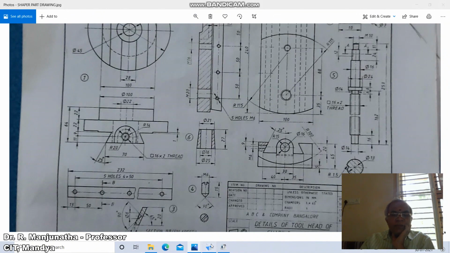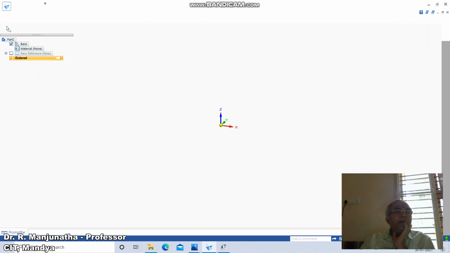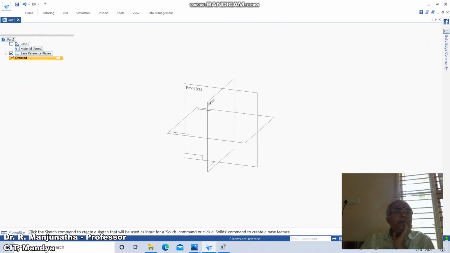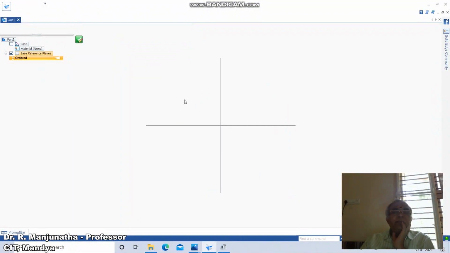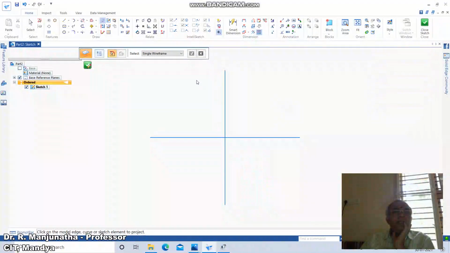So to do that, first we'll go for ordered, then disable the base and enable the base reference plane, and go to home, click on sketch. Click on the coincident plane as the front plane, then go to project to sketch and say OK. These two, you select this and go to offset, take the distance as 3,